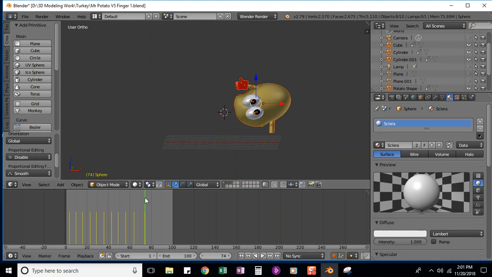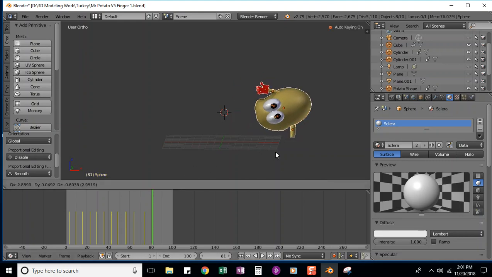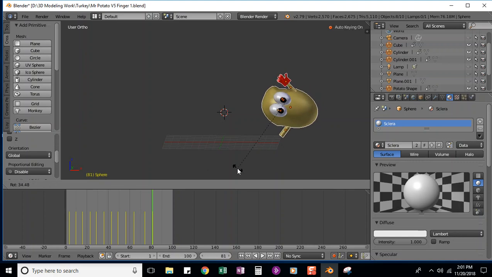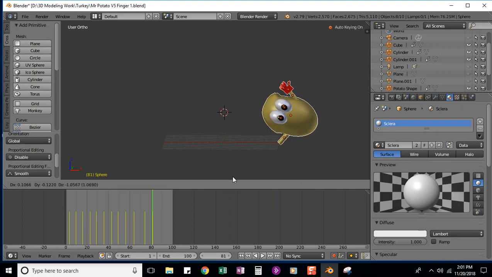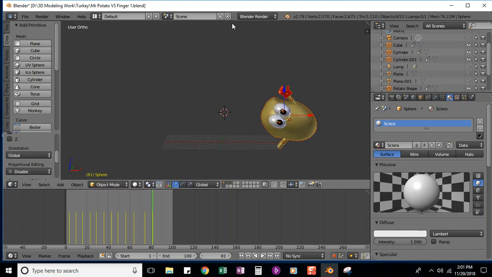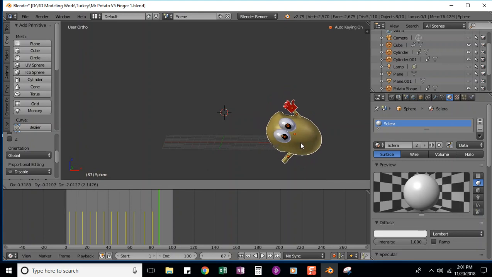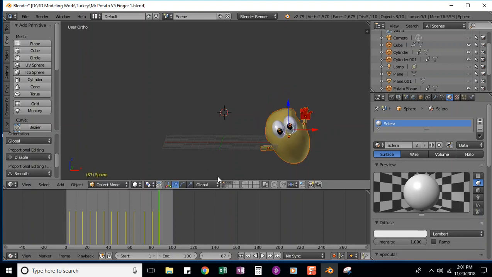And new keyframe. Grab him, move him over, rotate him. Probably have to grab him and bring him down. And okay, so there it is, and I ended at keyframe 87, so I'll just go ahead and make this 90 for the end of it,